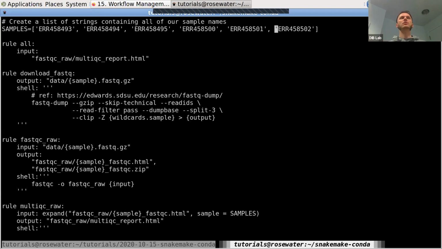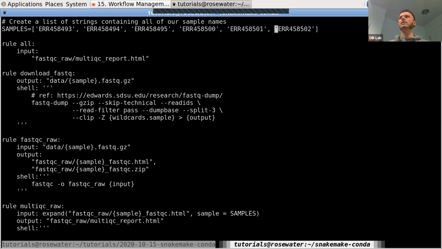But in this case, I want something that, given a list of samples from the SRA, I can run a command and download all this data. So it's more self-contained than what was happening with Angus, because in Angus, there was one directory that had all the data already available for you, so you wouldn't need to download it. The only difference between this one and the Angus tutorial is this rule